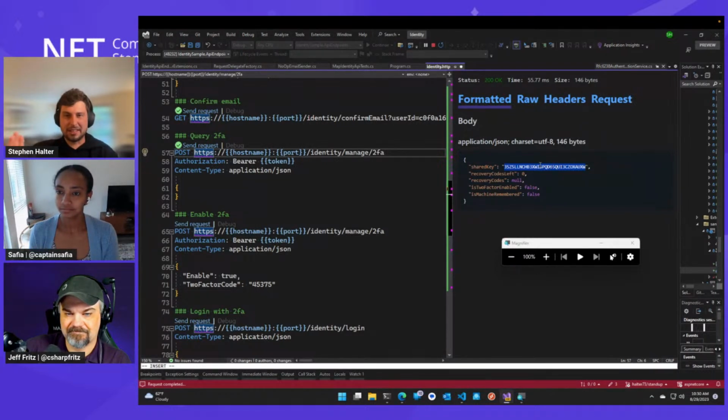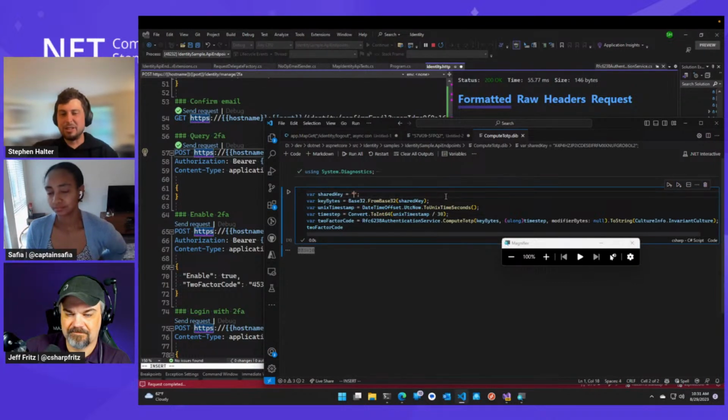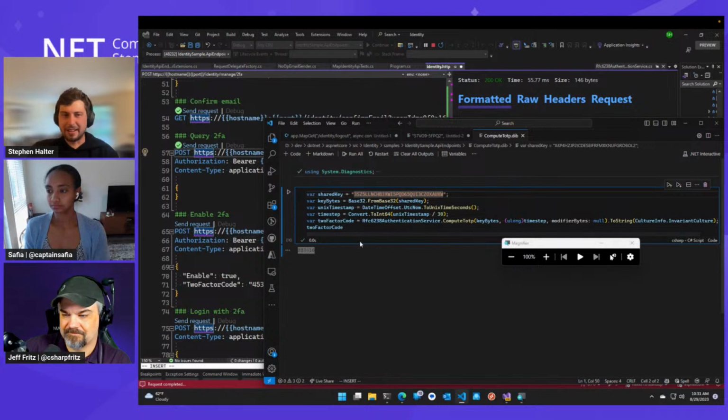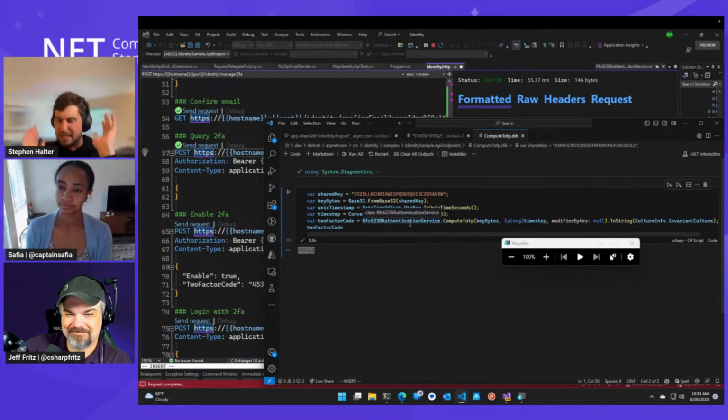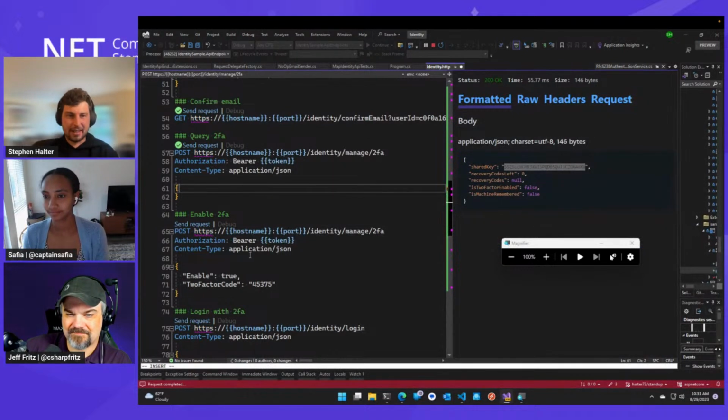So we have some instructions, and we'll document this. It's also there in Identity UI, which is like, here's how you set up a QR code generator. But for the purposes of this demo, I'm just going to run the code in, it used to be called .NET Interactive, now it's Polyglot Notebooks. So I'm basically taking the current time, figuring out the time step, doing some TOTP, I forget exactly what that stands for, time is part of it. And then it gives you a code. And then hopefully with that code, we can enable it, right?